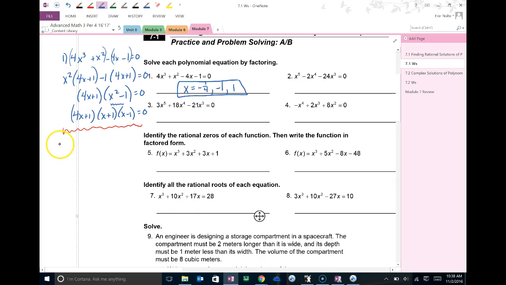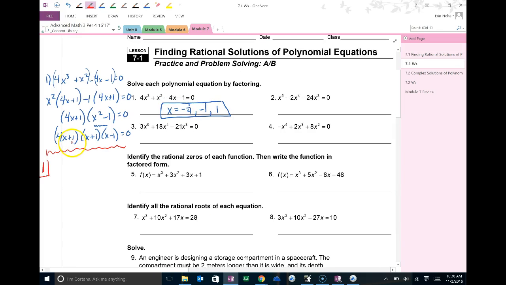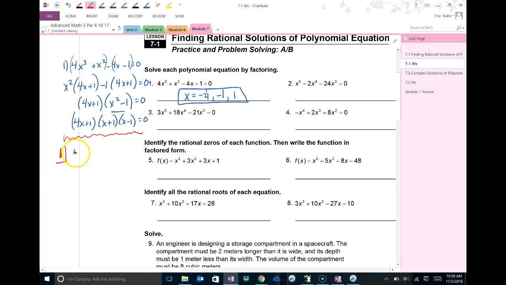Okay, so we are going to now use synthetic division in order to factor this. So the number we just found is 1. So I put 1 into the box, and I'm going to use synthetic division here. So what are the numbers that follow? So going back to the original polynomial, 4, 1, negative 4, negative 1. Okay, so I dropped the 4,